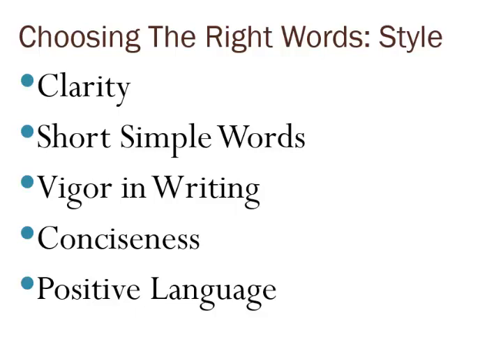Some of the most important concepts in writing in general include being as clear as possible, using short, simple words rather than complex legalese words, vigor, which means sticking to your guns and being forceful, conciseness, rather than just saying the same thing 12 different times, and positive language. Positive in this context doesn't necessarily mean that you're giving good news. What positive means is that you're heading directly towards your message rather than being indecisive.